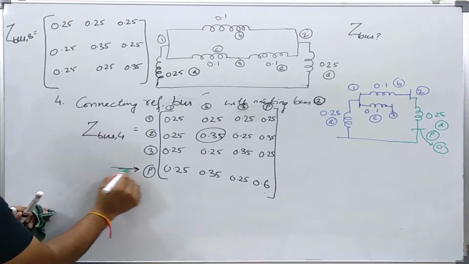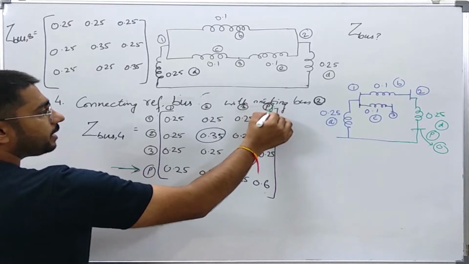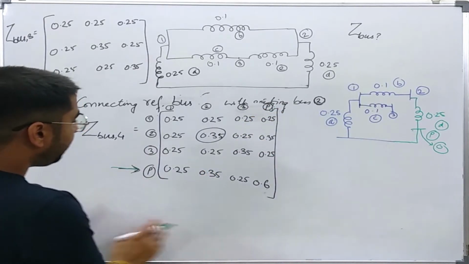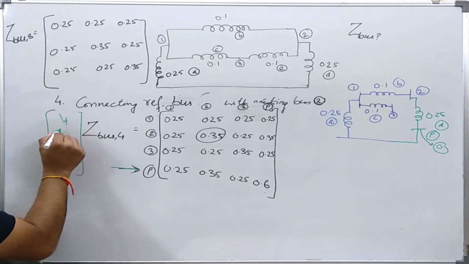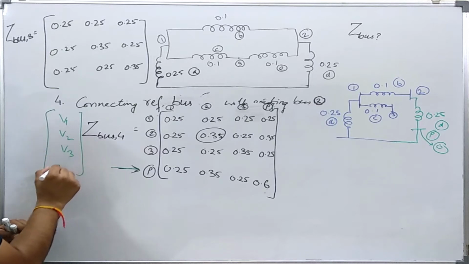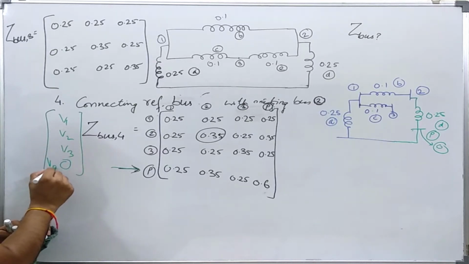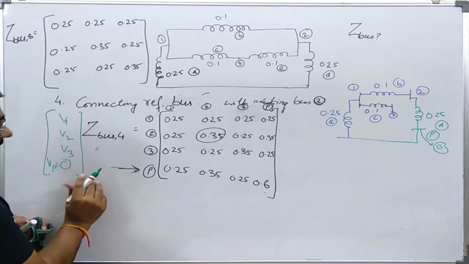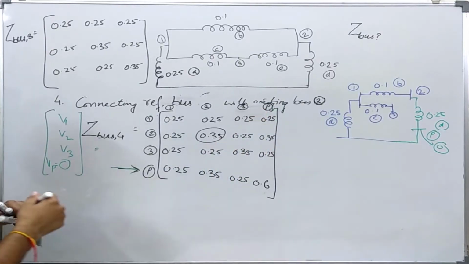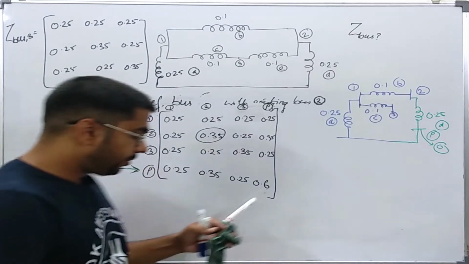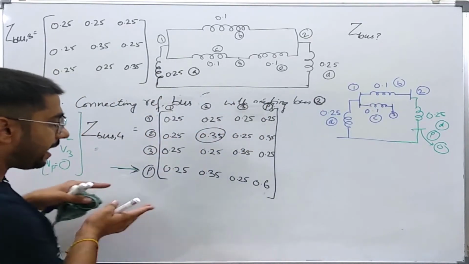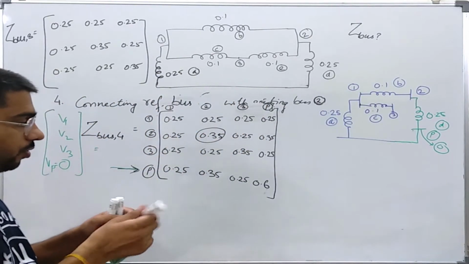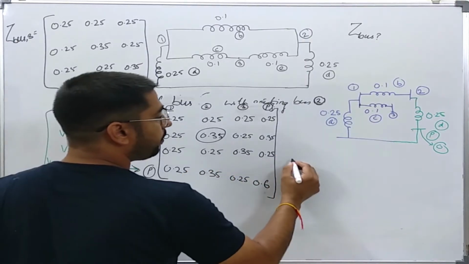So this row and this column can be eliminated because the LHS will be equal to 0, because VP is equal to 0. So I will eliminate this row and this column. Now you know that for eliminating the highest order row and column, we simply use this formula: